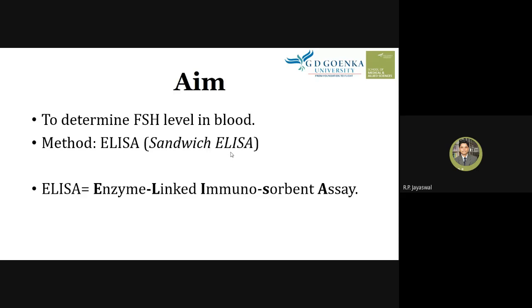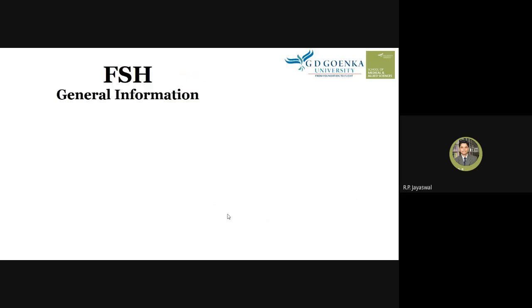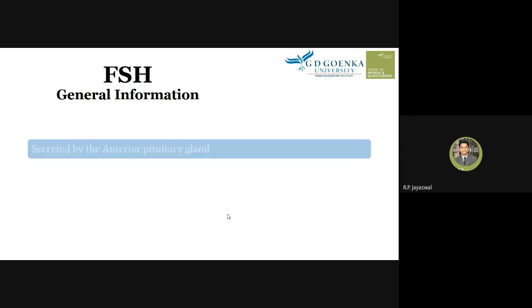The full form of FSH is follicle stimulating hormone: F for follicle, S for stimulating, and H for hormone. So the aim is to determine FSH level in blood, and the method is the ELISA method. Let's know some general information about FSH. This FSH is secreted by the anterior pituitary gland